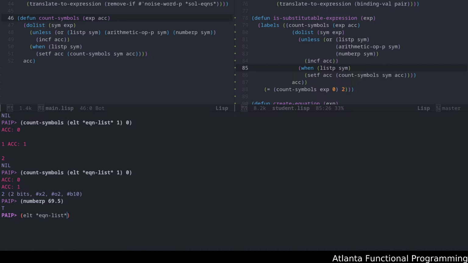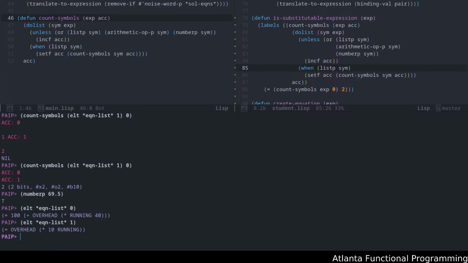Now, the one thing to be aware of is the way this is written, both of these will be treated as the same. Okay, they'll both be treated as substitutable expressions, which is technically wrong because this one is defined in terms of the other, whereas that other one is not. So we need to tweak this predicate to be a little bit more than just this. We need to write it in such a way that we have a left-hand side and a right-hand side. And one way of dealing with that is